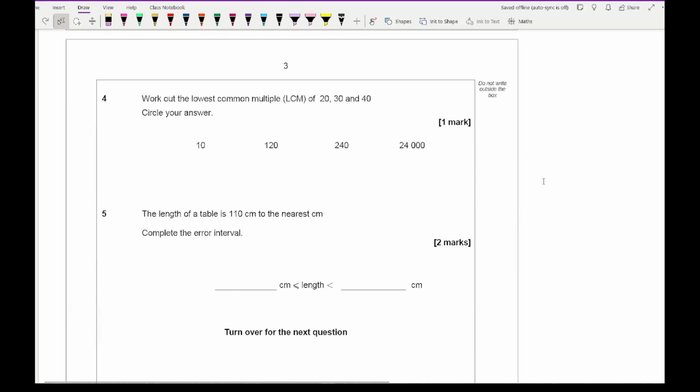With question 4, it says work out the lowest common multiple of 20, 30 and 40. So you're looking for the smallest number that appears in the 20, 30 and 40 times tables, and that's going to be